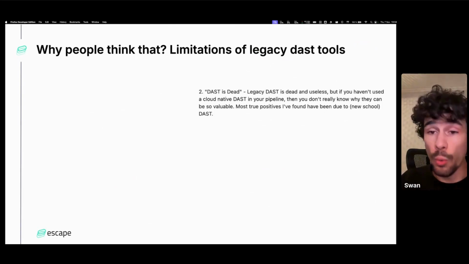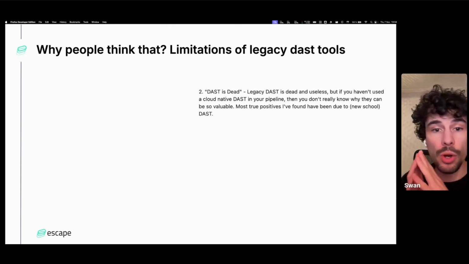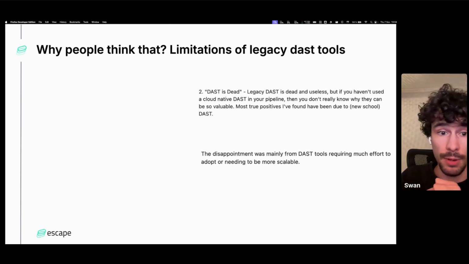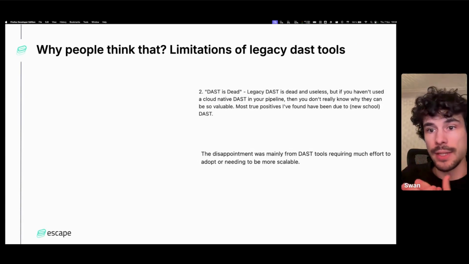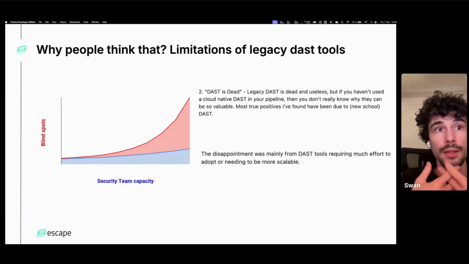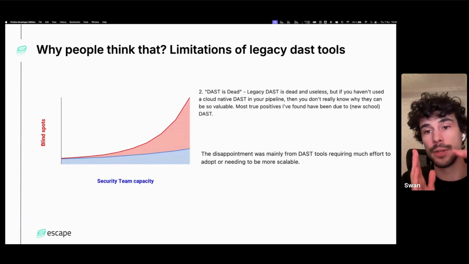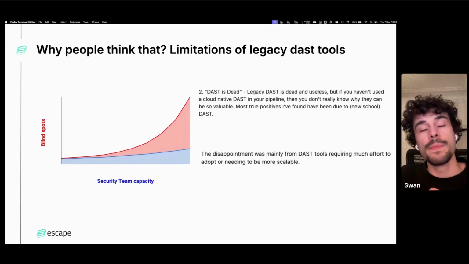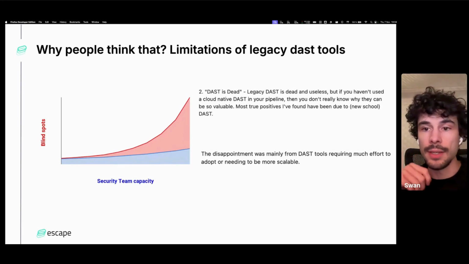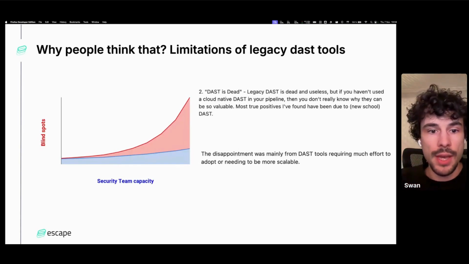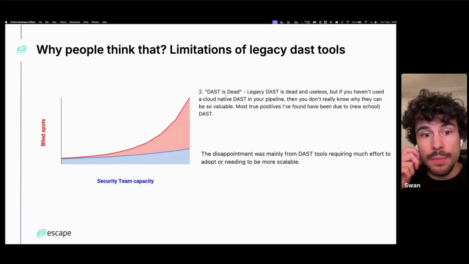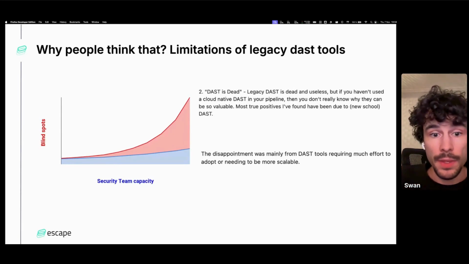Users are finding true positives mostly with newer tools. There is a notion that traditional DAST requires too much effort to be scalable. You have to put much effort into it, and at the end, it doesn't really scale with your application. This graph illustrates increasing blind spots while security team capacity remains stagnant. It highlights how old DAST falls behind quickly as your company, applications, and lines of code grow. There has been little to no innovation in this space while technology evolves very quickly,